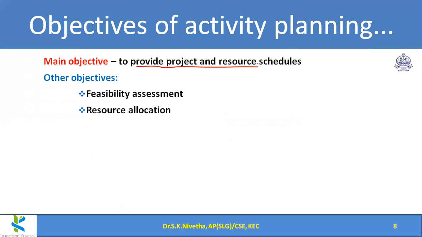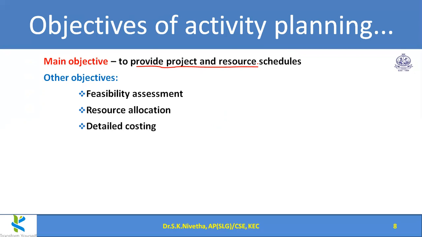If two activities can be done in parallel, it means we need two computers. If it is to be done one by one, it means one computer, one person will complete that activity, and the same computer will be used by the other person likewise. For almost all sorts of resource allocation, system allocation, staff allocation, this activity level planning helps.